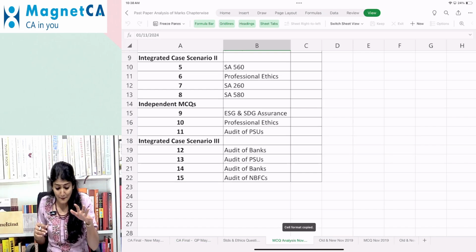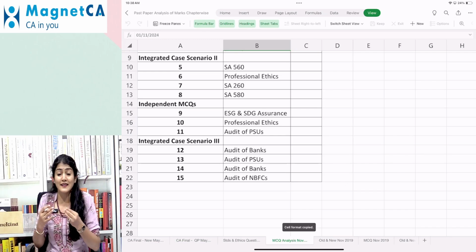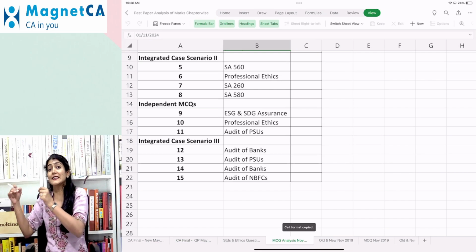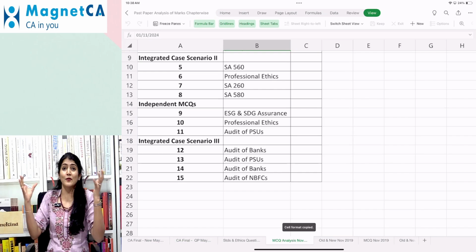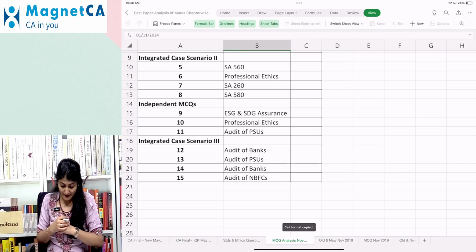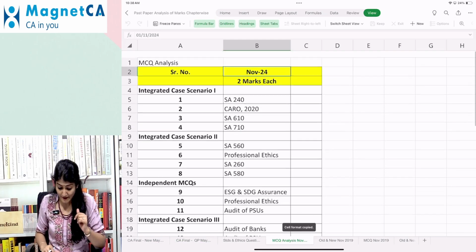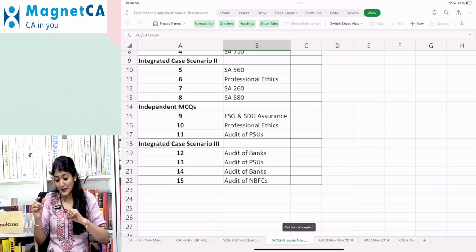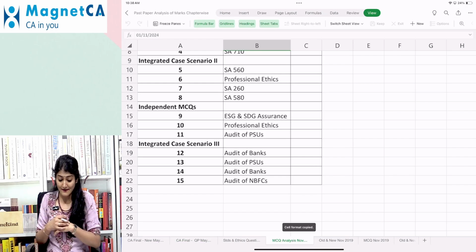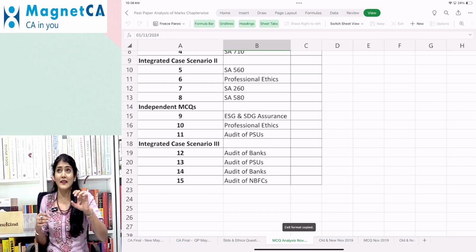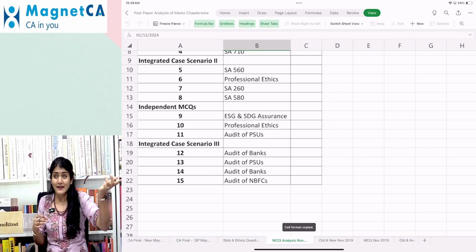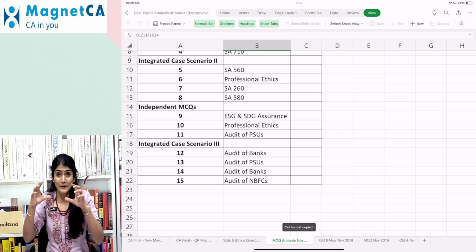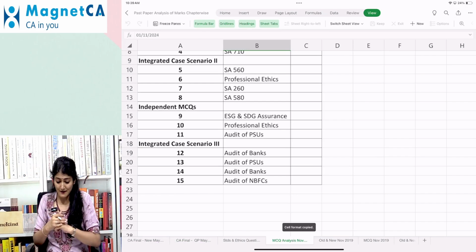Okay, right, then independent, 1 question regarding the ESG, SDG assurance, where you have the 9 principles of the BRSR. For the 9th principle, they are asking what is not included in the 4 elements of the 9th principle. Okay. Right, then the 10th question, again a question on ethics. So we see 2 questions regarding ethics over there, and then 1 independent question regarding the PSU, the public sector undertaking. One question is regarding the COPU, the Committee on Public Undertakings, and another question, I suppose, is regarding the audit design matrix. Okay, what is not included in the table which is prepared for the audit design matrix?